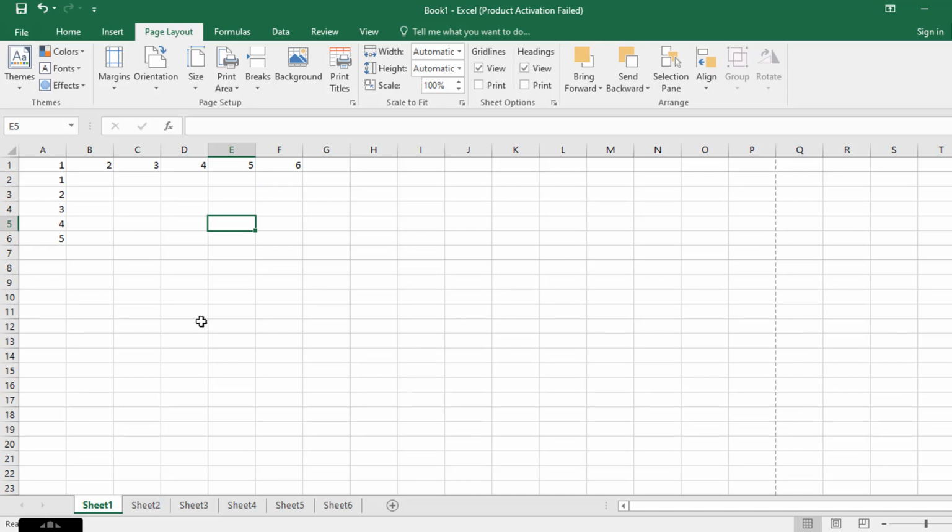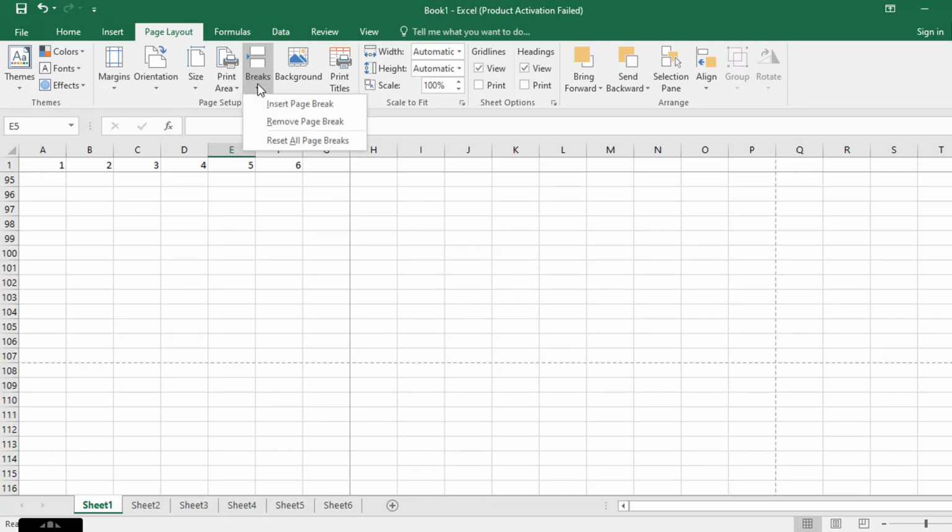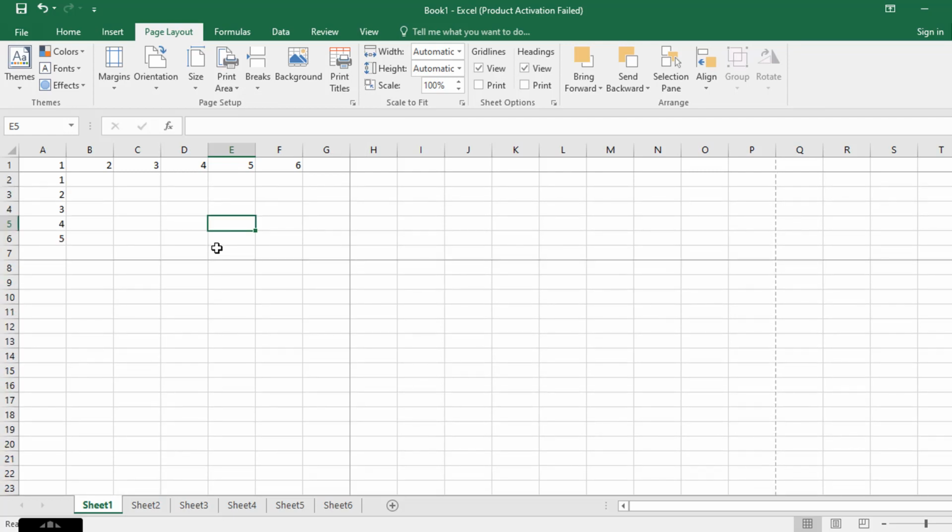The content inside these black lines will come under a single page. This is how to set page breaks so that you can be clear on which page you are in or which page needs to be printed.